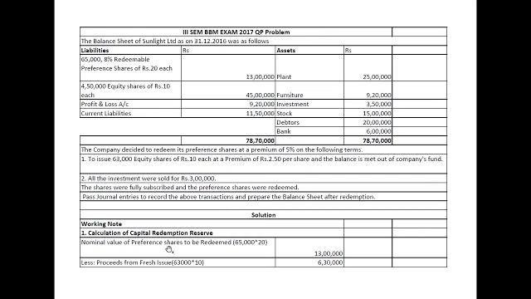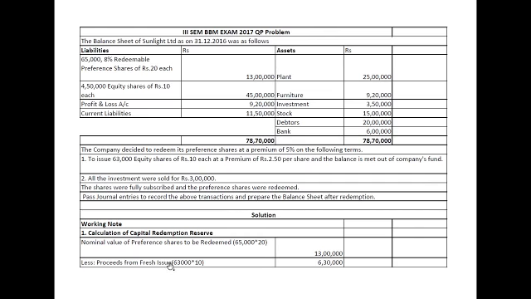The nominal value of preference shares is 65,000 shares times 20, so it will come to 13 lakh. You require 13 lakh for the settlement of the preference shares. From that,